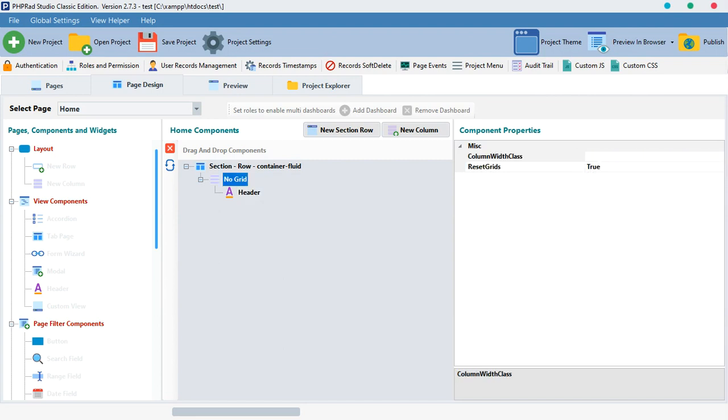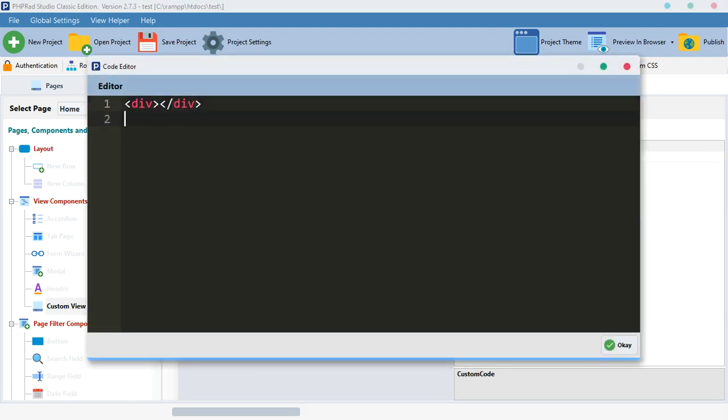On the home page, as you can see from here, I'm going to add a custom view. Then inside this custom view, this is a div tag. I'm going to highlight this, delete it, and type a new tag. Inside this tag, I'm going to type script and I'm going to close it. So that is what we call script tag. Now I'm going to write my JavaScript inside this script tag, and that's where I got that name called